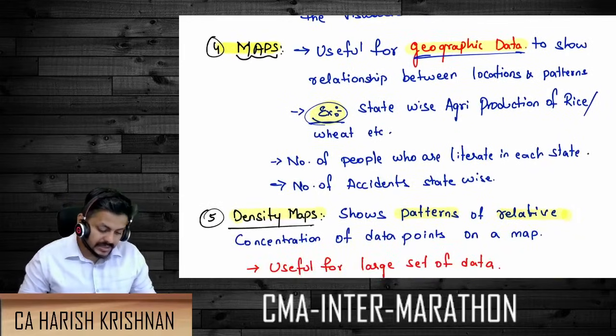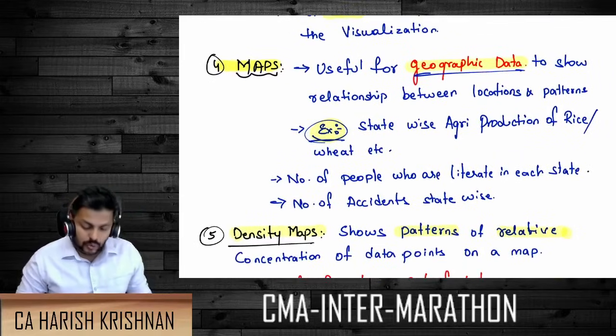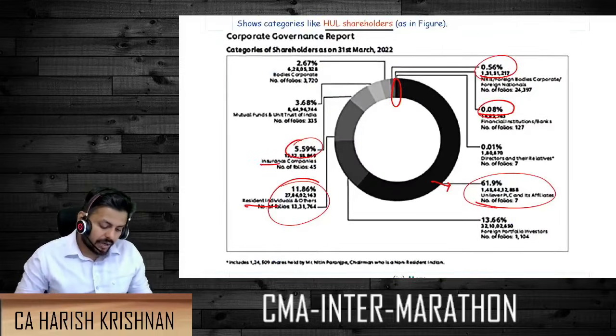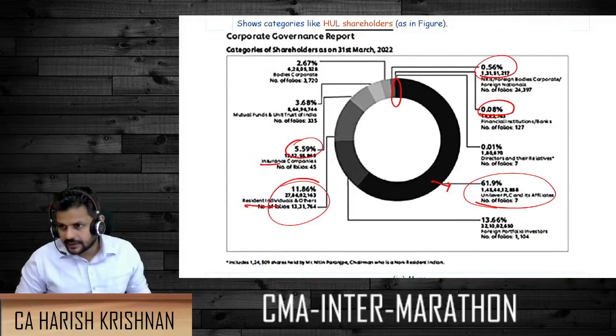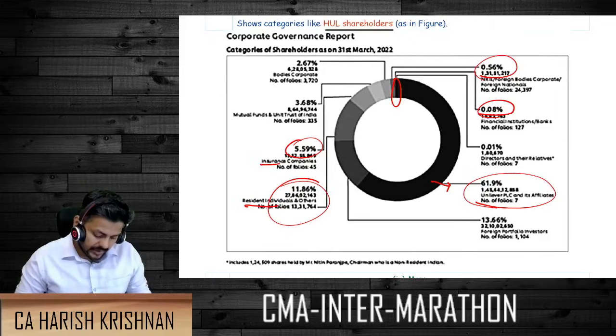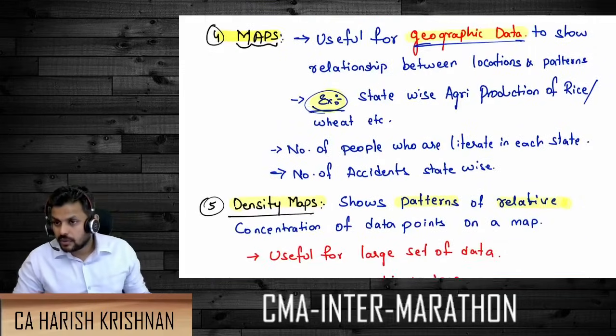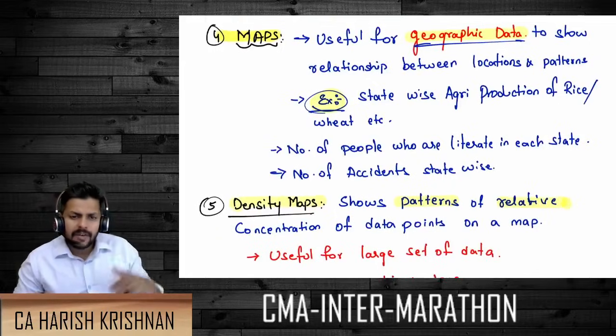Moving on to the next one. Okay, let me just show you a pie chart also. I can have it here right away. So that is a pie chart, right? You can see how much each portion is circled, and that depicts what the pie chart looks like. Then the next discussion is about two things called maps and density maps, where maps are generally